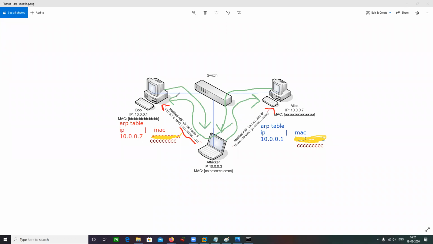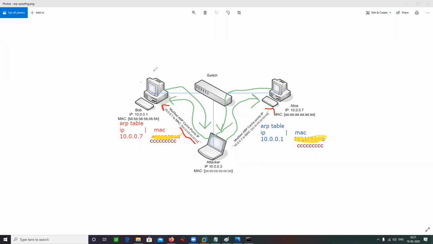Any doubt so far? Now I want you guys to try this practically. For this you need to have 3 devices.